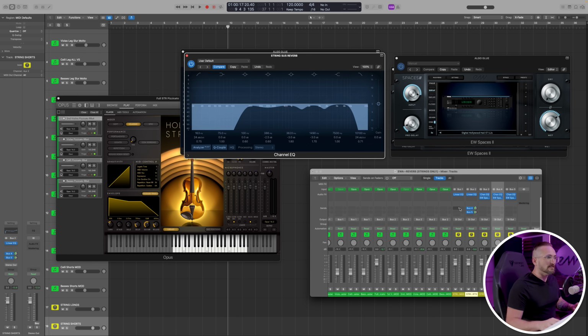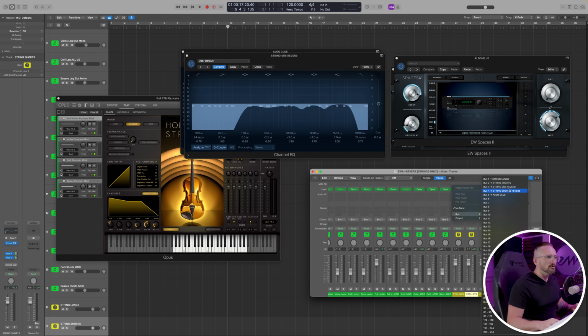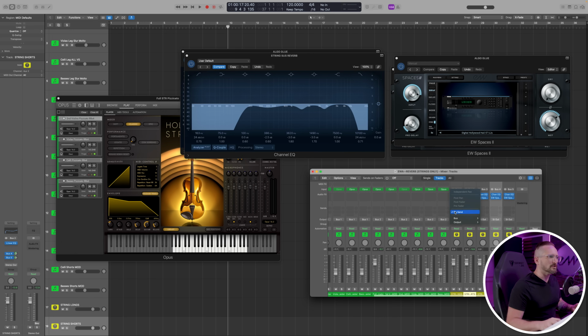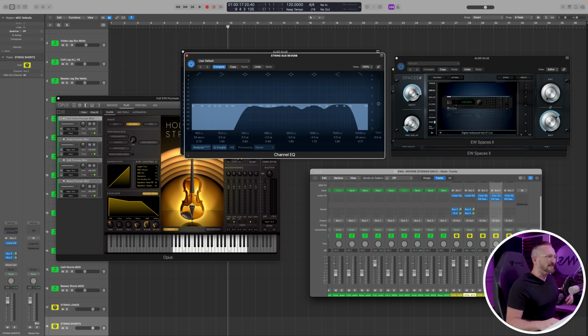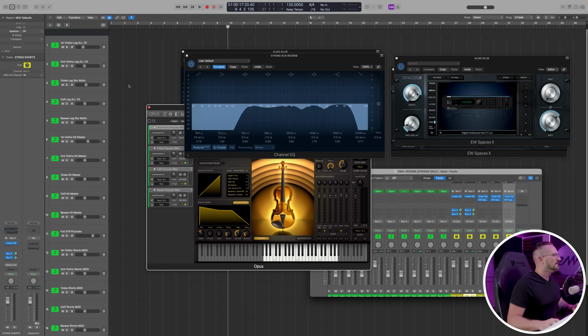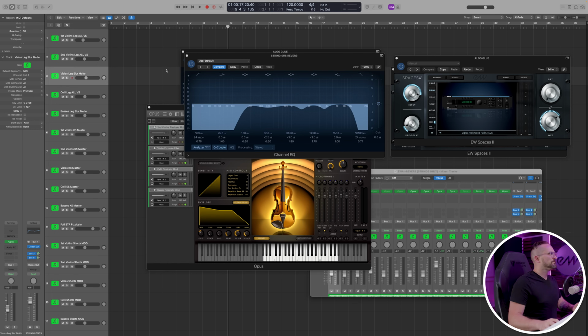Now, I do also tend to send more to the reverbs from the string sustains. So here I might send maybe minus 3.5 dB, which is 1 dB more than the string shorts. And then I might send, let's say, minus 9 dB to the Algo Glue reverb. So let's go ahead and hear the legato violas, which sound absolutely beautiful. These are from Hollywood Strings 2.